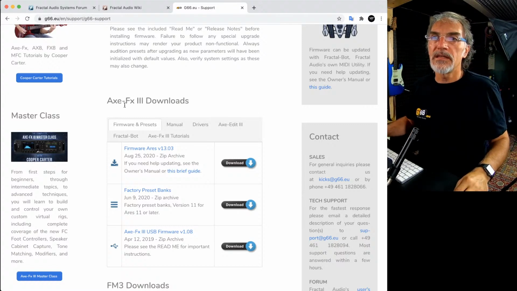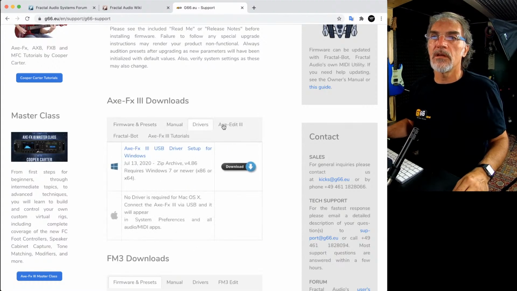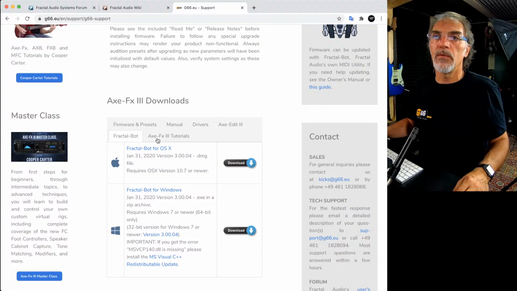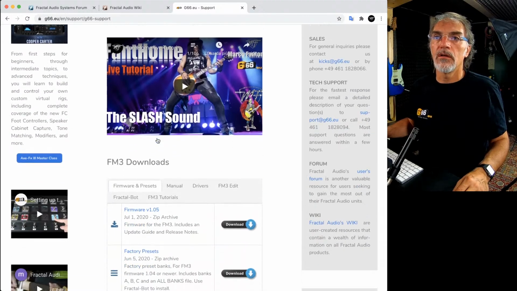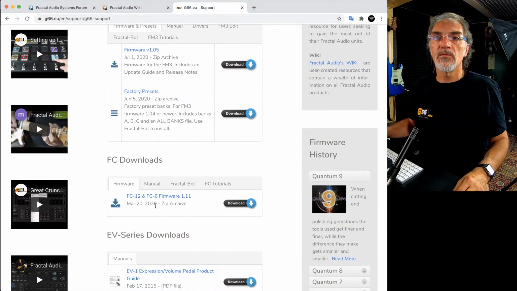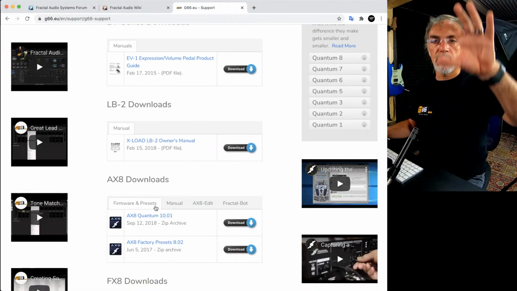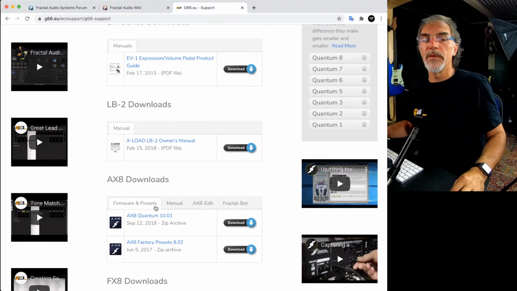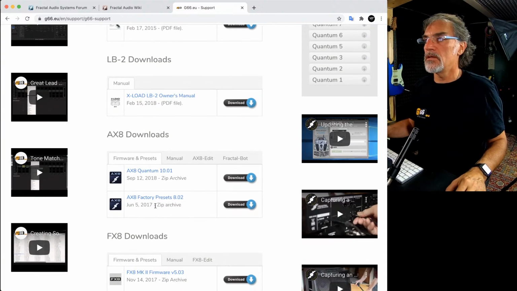For example, FM3 download: you can find firmware, presets, manual, drivers, Edit, Fractal-Bot, access tutorial. FC manual too. Everything is grouped in this page. Very, very useful.